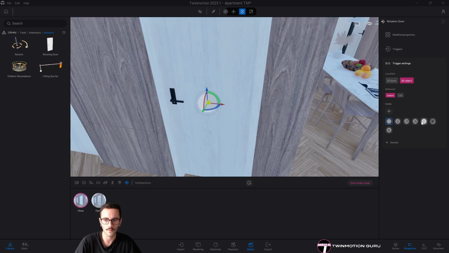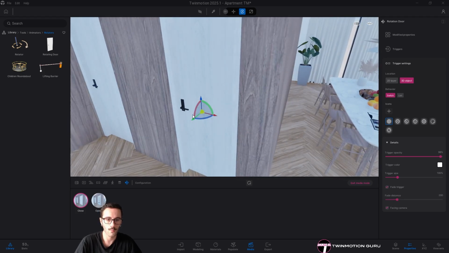And we can also, of course, change the icon or create or update a new one. In addition to it, we can also modify the opacity, the color, the trigger size, or also fade the trigger. So the trigger will be activated only if we move the mouse in its position, in its location.